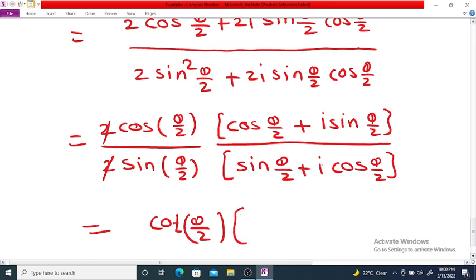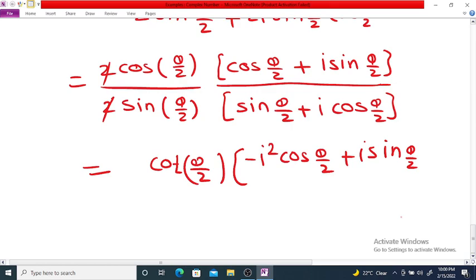And here, since we cannot cancel the numerator and denominator, let us make some arrangement. We write this as, we know that this cos square theta by 2 is nothing but, we can write this as minus i square cos theta by 2. We know that i square is minus 1, because of the minus sign, minus minus becomes plus, i times sin theta by 2, divided by